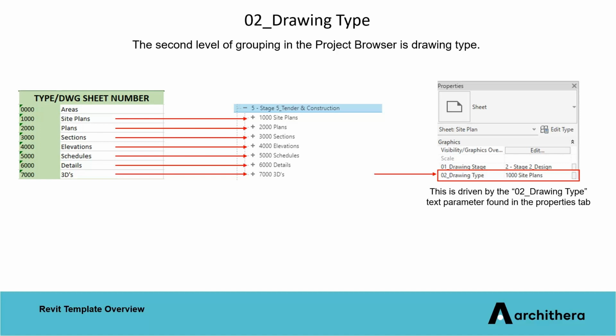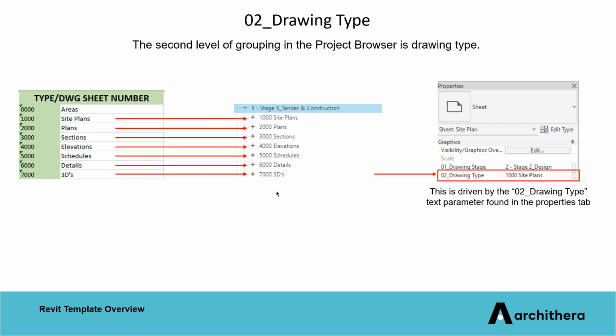The second level of grouping in the project browser is a drawing type number. So over here you'll see we've used the 1000 series for this drawing type number. So first of all is the area, so they are grouped on their own, and then the thousands on my site plan. So I know if I'm drawing a site plan, it's going to be under the 1000 category. The 2000s are my plans, 3000s are my sections, 4000s my elevations, 5000 schedules, 6000s are details, 7000s are my